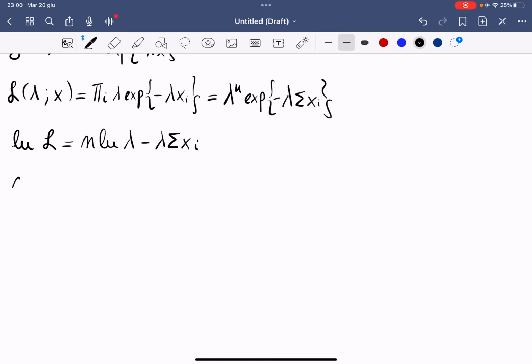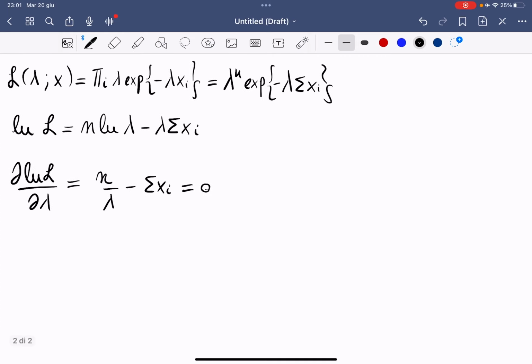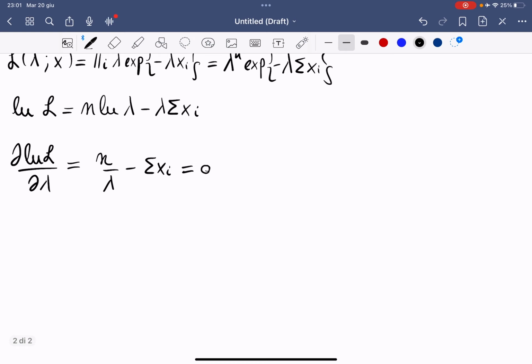So we take the first partial derivative of the log likelihood with respect to lambda. That will be equal to n divided by lambda minus the sum of xi. Now we have to impose this to 0, because in this way we are finding the lambda that maximizes the log likelihood. Now we rearrange the terms in this way,